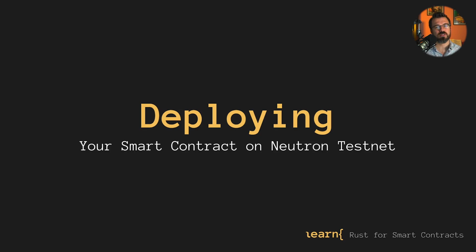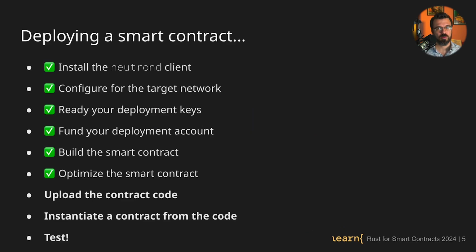It's time to actually deploy our smart contract to the network. We've gotten our client ready to talk to the network. We've gotten our code ready to get uploaded, but we haven't actually uploaded it yet. We'll do that in this video, and then we'll test the smart contract after instantiating it and make sure it